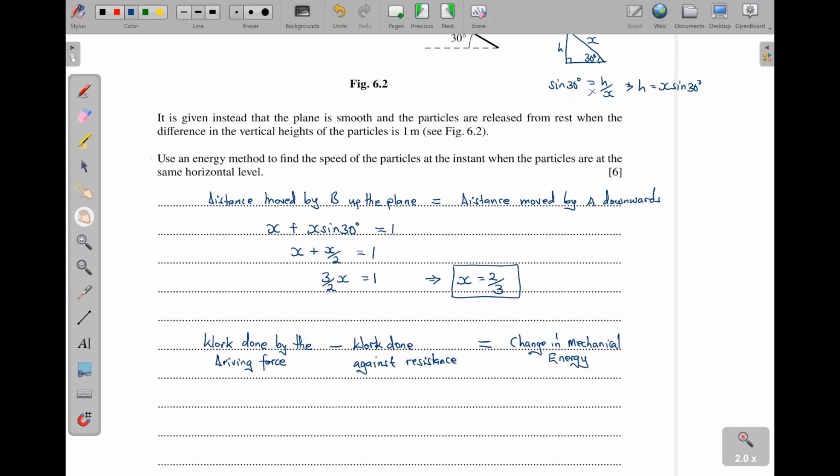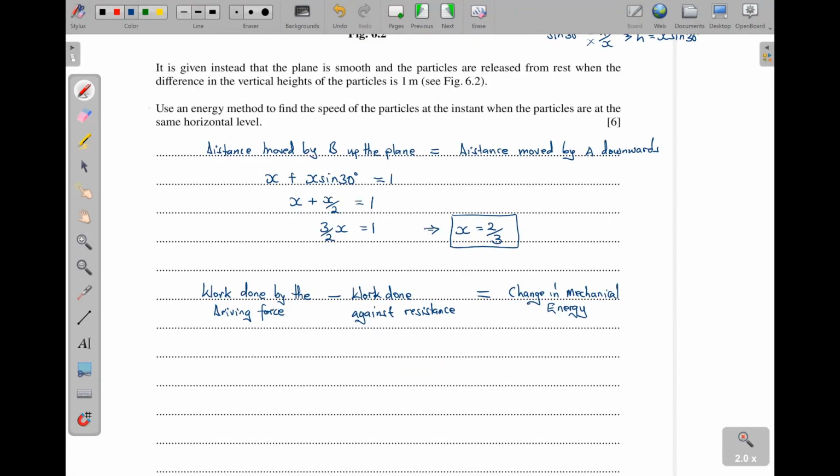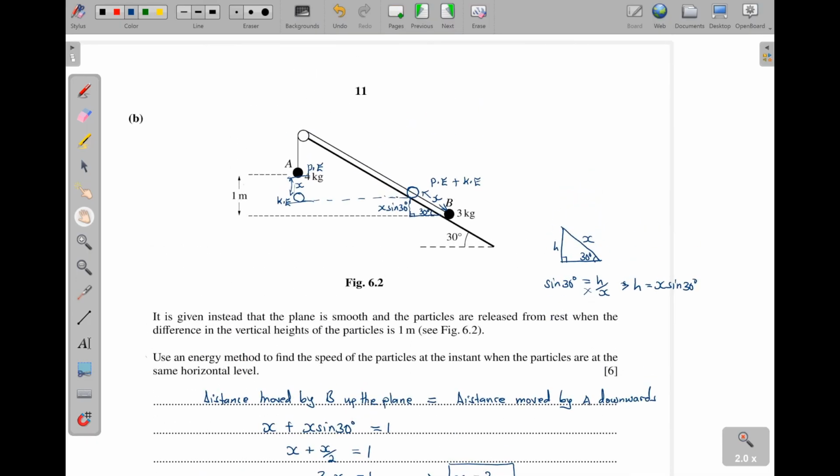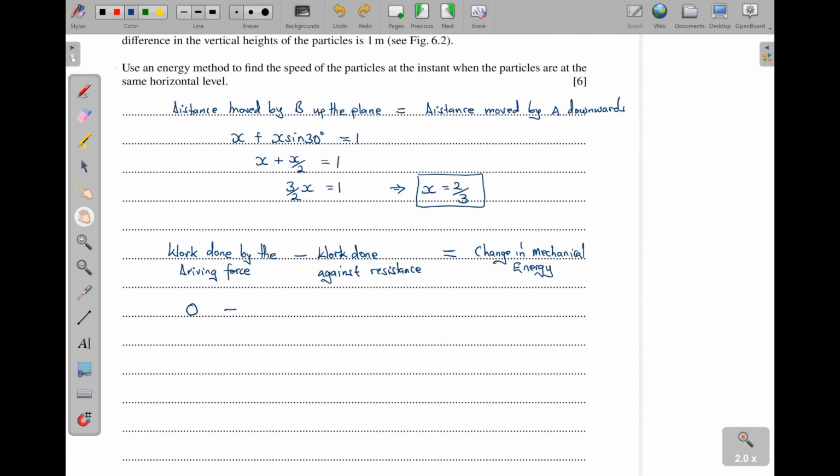Now, work done by the driving force, we are not going to have work done by the driving force because these particles are just released from rest and they are falling freely. So work done by the driving force or the applied force is not there. Then work done against resistance, since this plane is smooth, there is no resistance force. They said here that the plane is smooth, so there is no resistance to the motion. That means work done against resistance is 0. And then the change in mechanical energy,